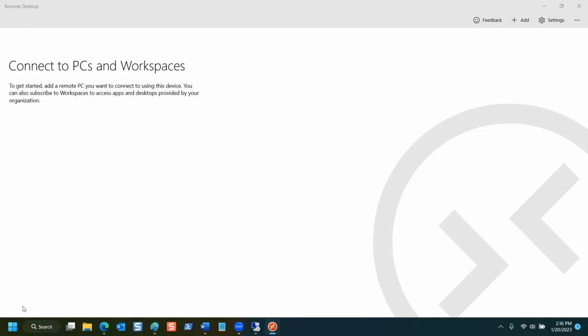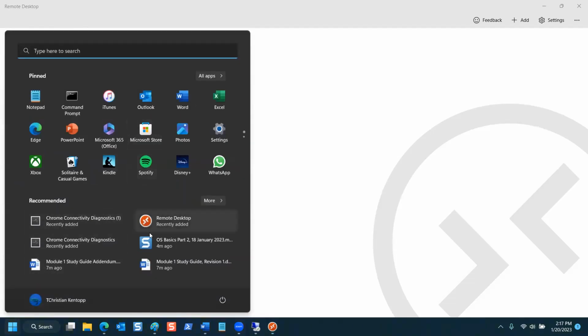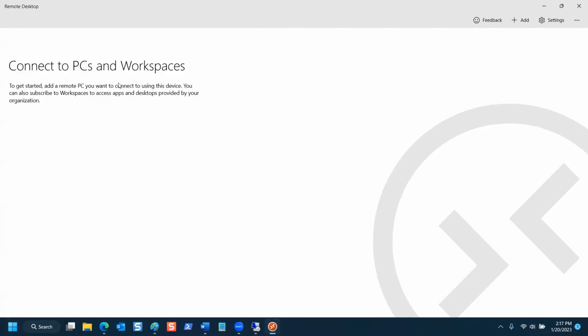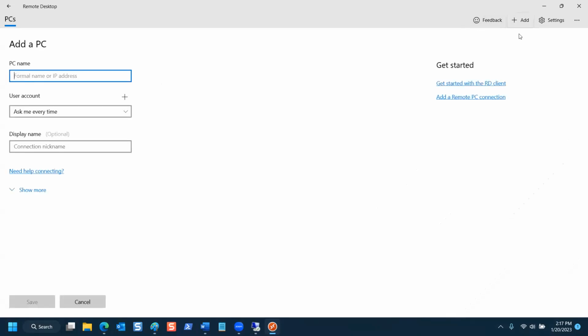So the Microsoft Remote Desktop app that you can find in the Microsoft Store looks a little different than the legacy application that some of you are familiar with. Essentially, when you click on it, the GUI is pretty simple. What you're going to do is add a PC, and that'll give you a chance to put in the IP